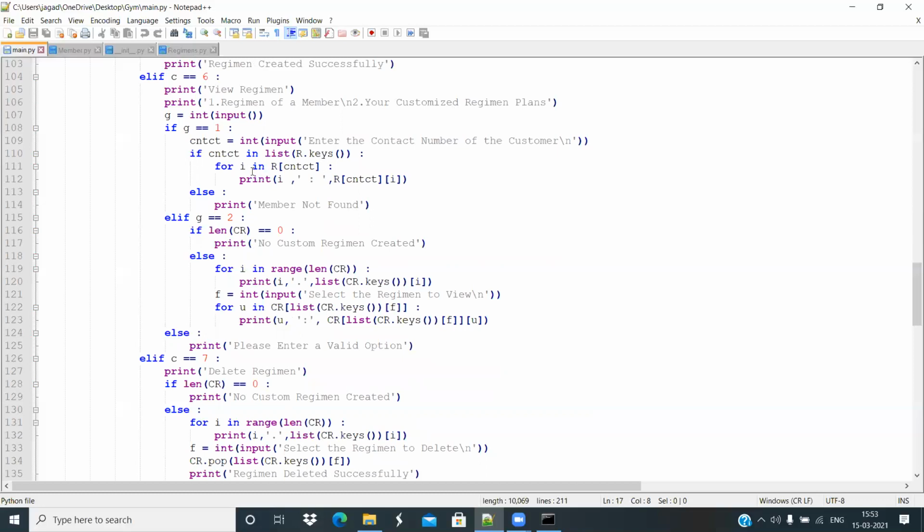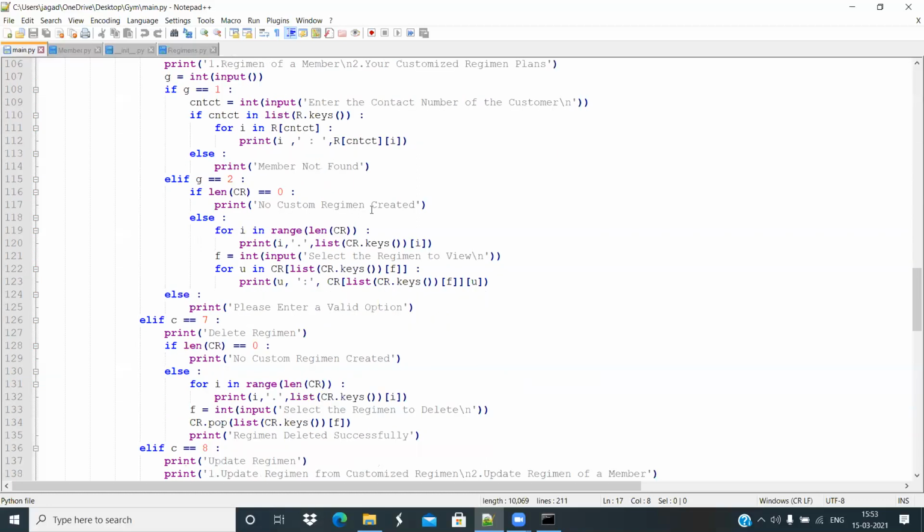So I is actually Monday, Tuesday, and R of contact of I is the workout for that day, and it is going to print this. Otherwise, if the contact is not in the list, it is going to show member not found. Else, if we want to view the customized regimen plans.